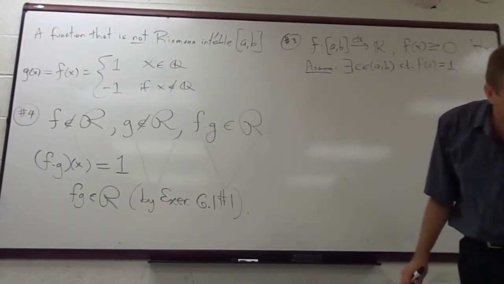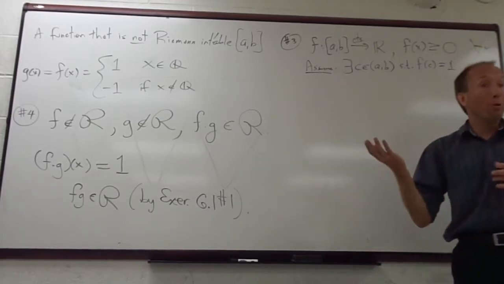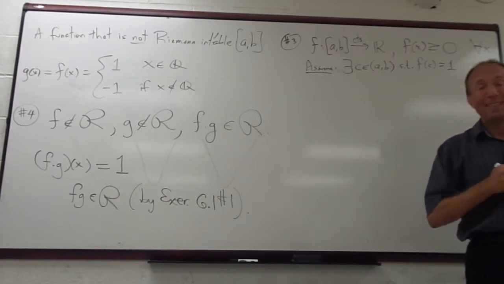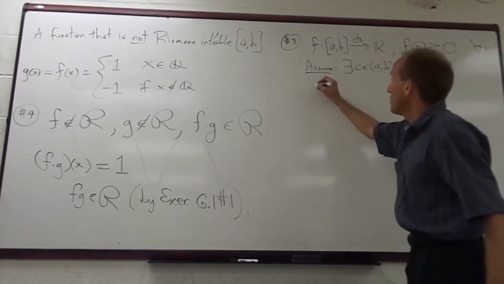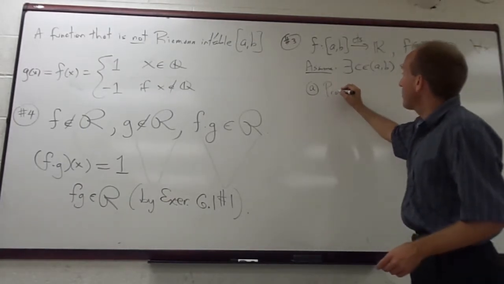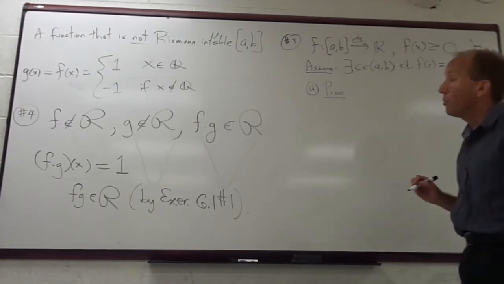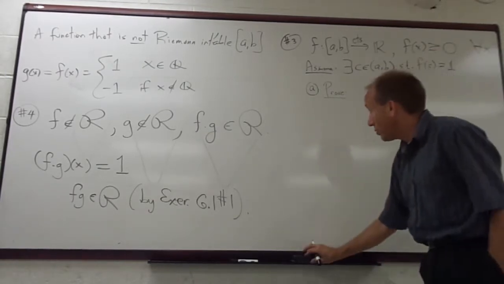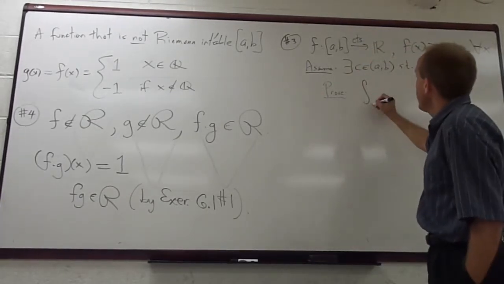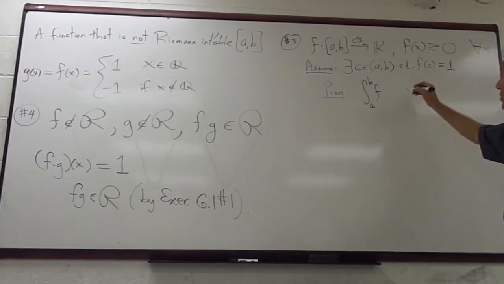Now here's what we want to do. First things first, you're going to have to take my word for it that every continuous function is Riemann integrable. I've already said that once today. We haven't actually officially stated that yet, but when you see what I'm about to write down, you'll understand why I have to assume that. Because what I'm going to ask you to prove in part A, actually I'm only going to do part A anyway, is that the Riemann integral of f on that interval